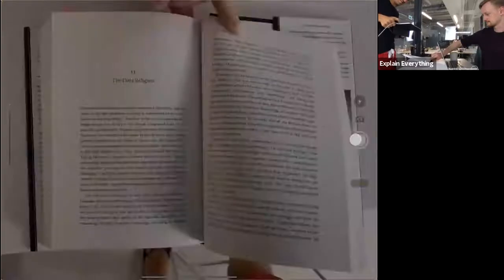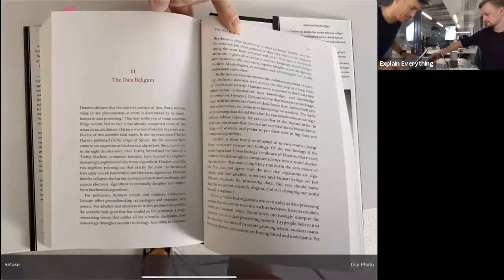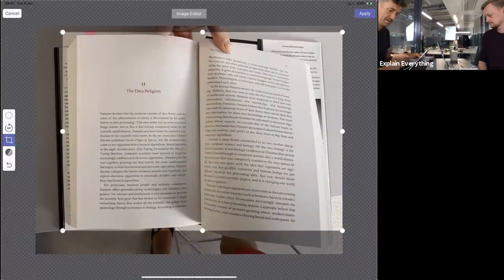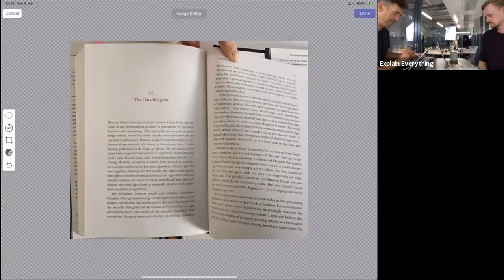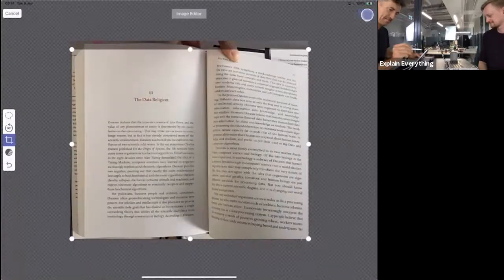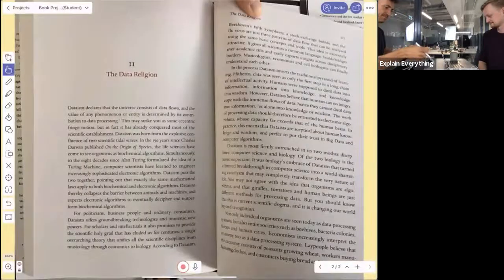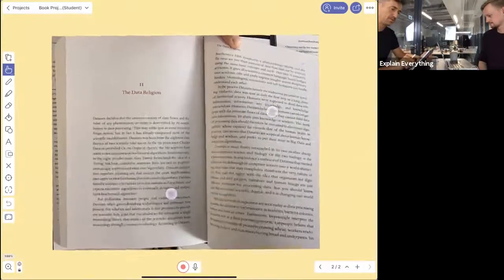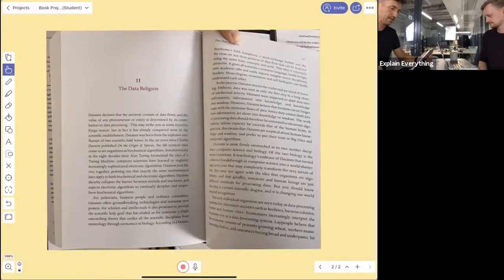Okay, Dataism. I'll use the photo. I can crop it a bit just to hide my flip-flops here. And now, after adding this object to the canvas, what I can do, because there is no recording on this slide, and the purpose of this demonstration is to show you how students can, after learning the contents of the book,